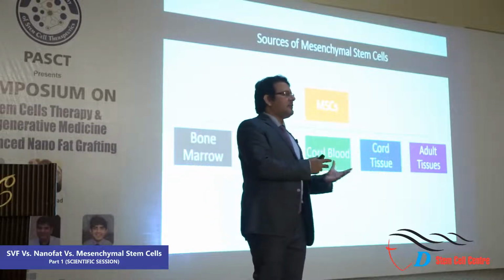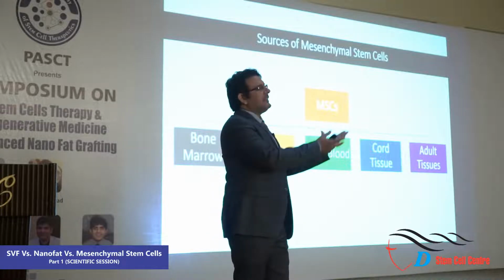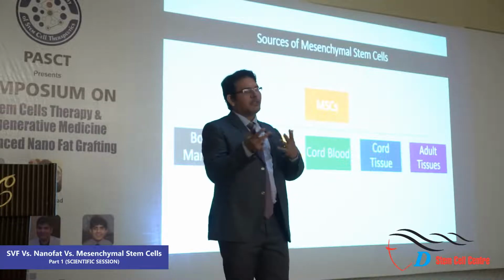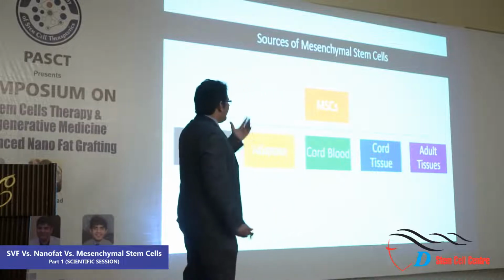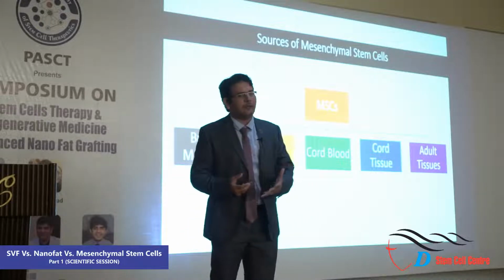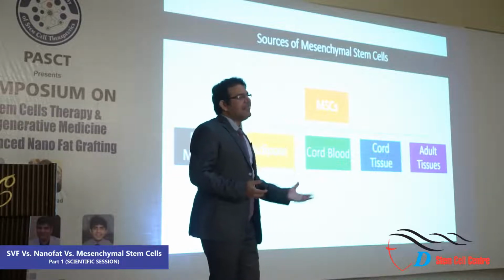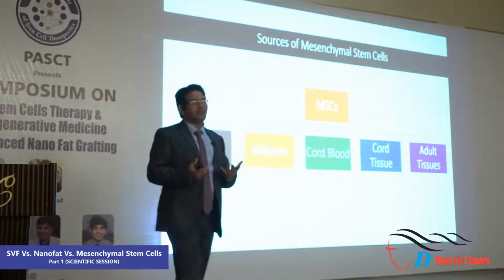So if you put it into a patient with some pathologies, they don't react. They don't actually have graft versus host disease, so they don't have that kind of problem. And we can also isolate mesenchymal stem cells from adult tissues, like from the liver, from the kidneys. There are now cardiac stem cells, so we can isolate those stem cells